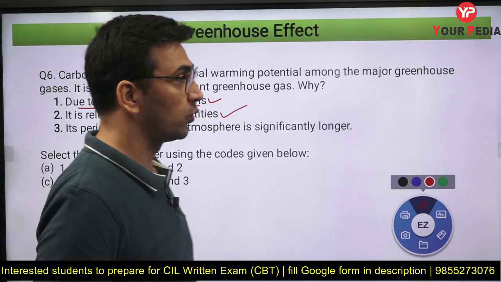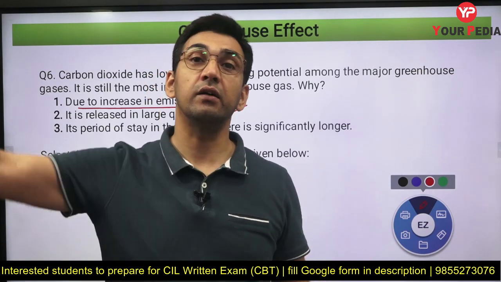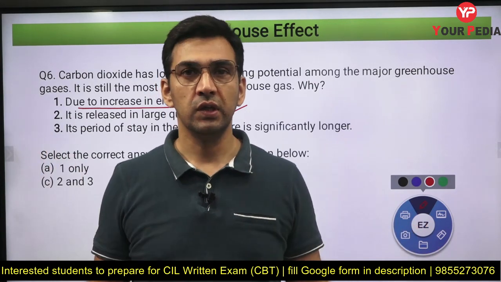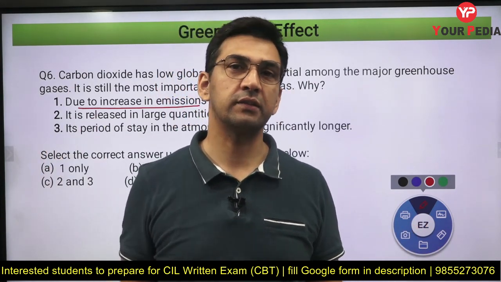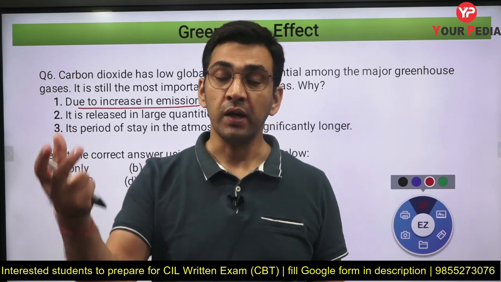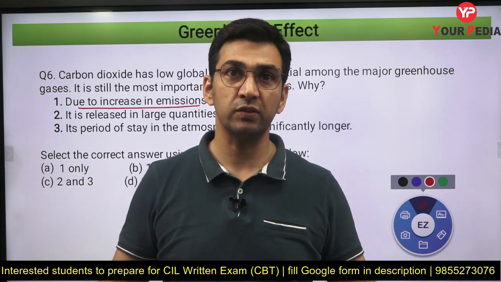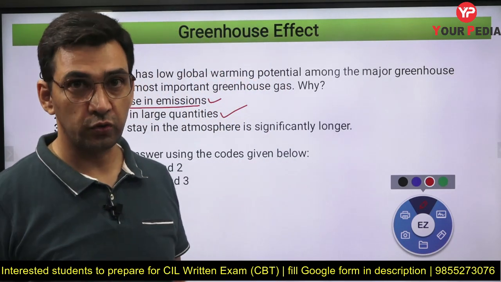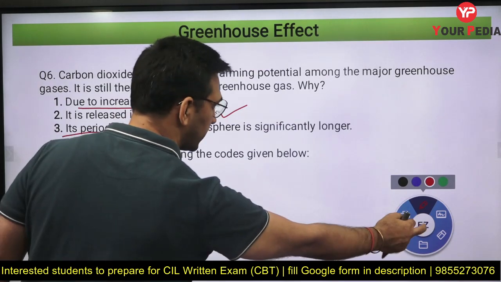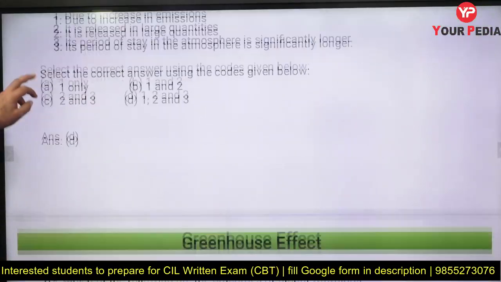And one more thing that you have to keep note of is, once carbon dioxide is released into the environment, it stays in the environment for a very long period of time, for hundreds of years. So it means once you have released it, now you have to face it for the next century. Because it stays for a longer period of time, and the sinks which absorb carbon dioxide, oceans also absorb, but it is not that fast, or maybe also your plants which absorb carbon dioxide. So its period of stay is too long. So that is another problem with carbon dioxide. Too much we are releasing, and it is going to stay in the environment for a longer period of time. So D is going to be the option.